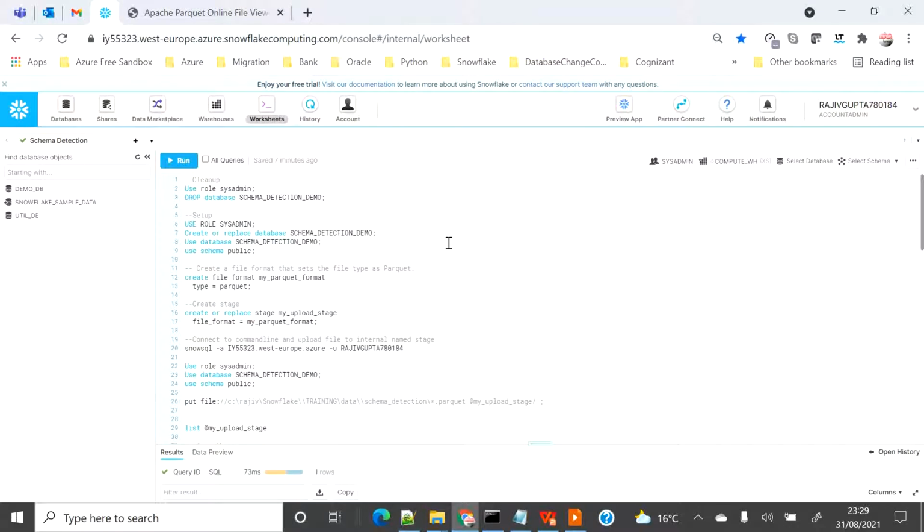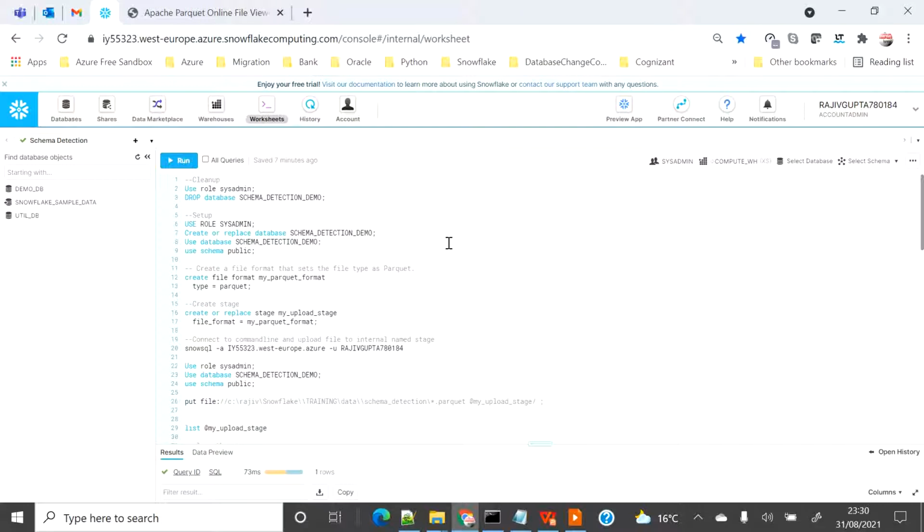I am connected with my user and I'm currently using sysadmin for the whole demo. Today I'm going to create a schema detection demo database, under which I'm going to create a file format and a stage.